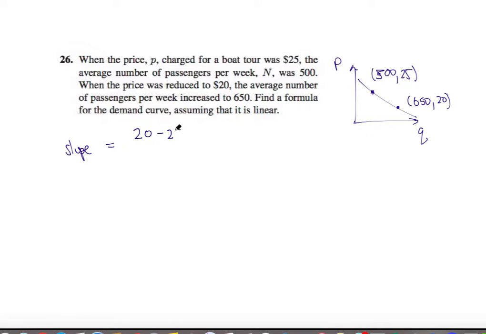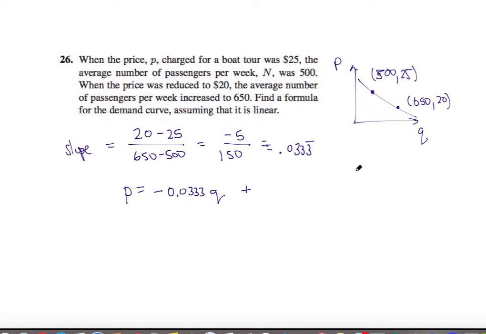20 minus 25 over 650 minus 500, which we can do pretty easily: negative 5 over 150. And so the slope of this is quite simply negative 0.0333, repeating on and on. So we can just say that P is equal to negative 0.0333, rounding, Q,